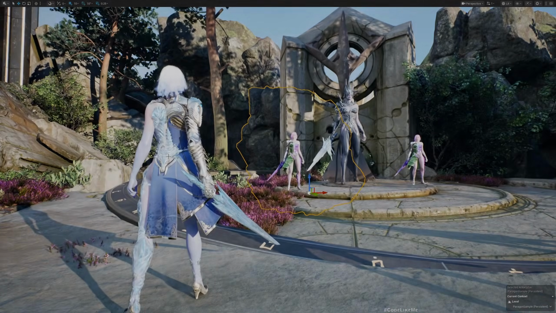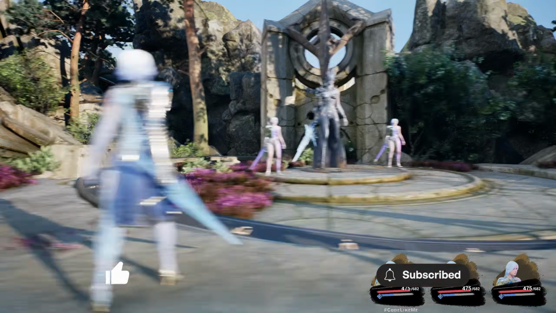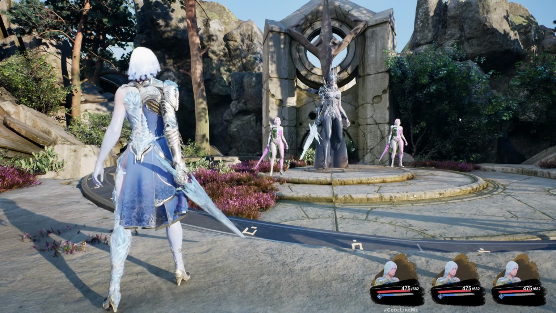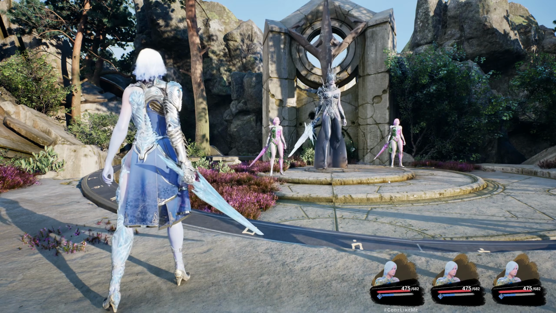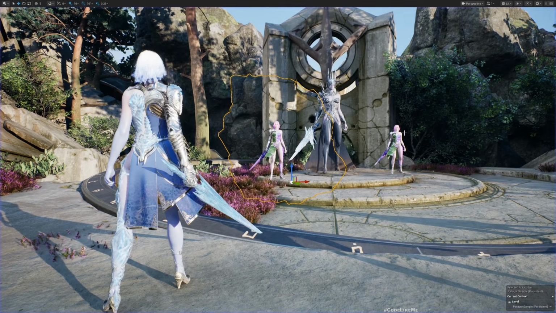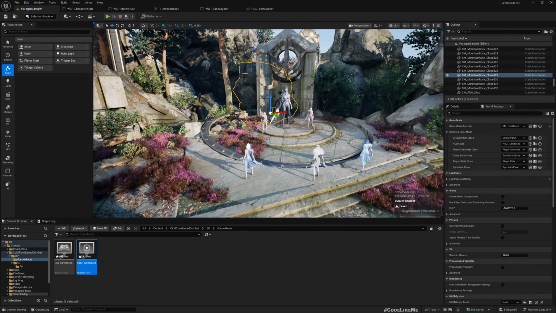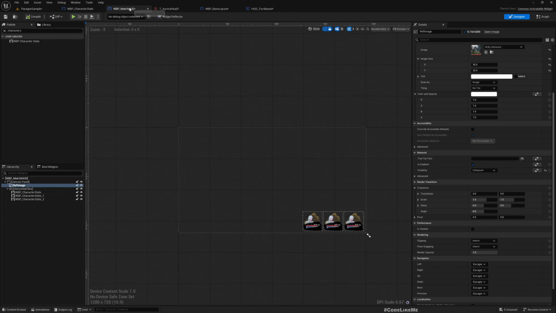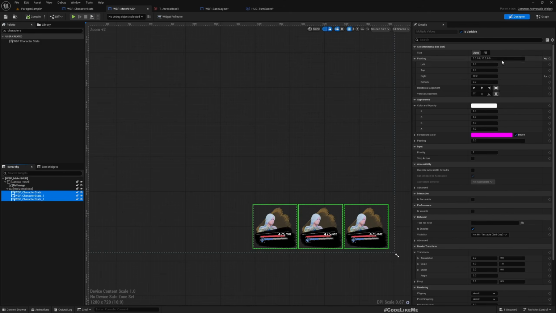Okay, now this is where we stopped last time. So we can focus on different player characters, but here we have the same icons, same widgets that show the stats of each player character. So first I want to implement a way to dynamically add those widgets instead of having them already there by default. So let me remove them. Actually it's just this. Okay, I just need to remember this part. That's the only thing I need to remember